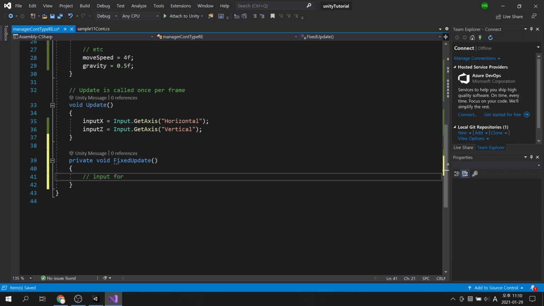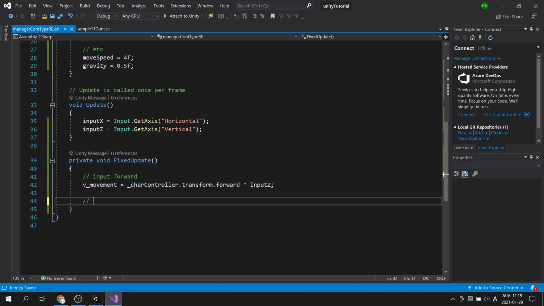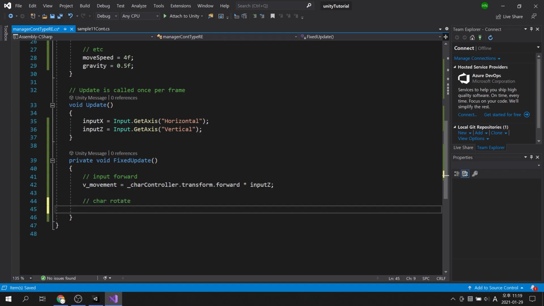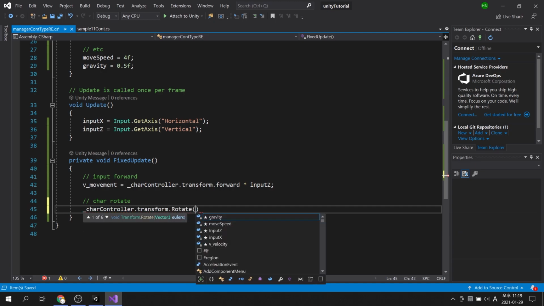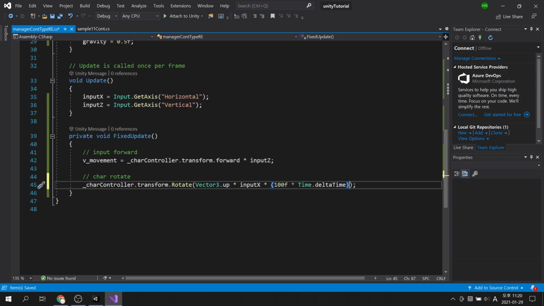First, let's make the character go forward and backward. I will store a value in the Vector3 variable so that the character moves forward and backward only when the W key or S key is pressed on the keyboard. The character's rotation is only rotated along the Y-axis of the coordinates, and is only executed through the A and D keys on the keyboard. Don't forget to multiply the time, as the rotate command should be done in real time, not just by keystroke. If I finish like this, the character's rotation is too slow, so I will multiply it by 100.